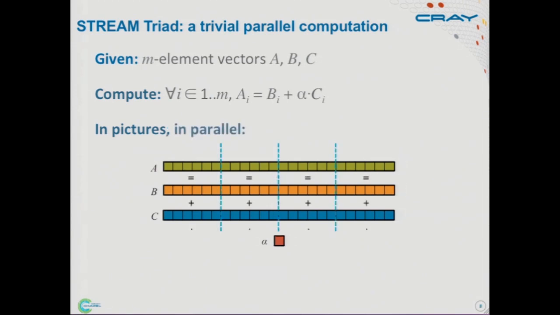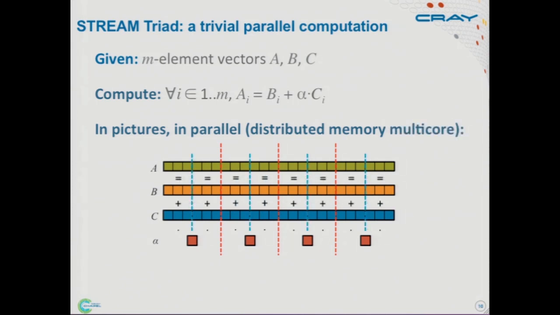The obvious parallelization here is to just chunk up those vectors into approximately equal size chunks, and then have each of your parallel tasks do the computation on its subvector of the total vector. If we were to run in a distributed memory mode, then we would do more or less the same thing. The one thing I've drawn differently here is that we would take that scalar alpha typically and replicate it across all of the nodes, so that I don't have to communicate to get the value of alpha. I've got my own local copy right here that I can use.